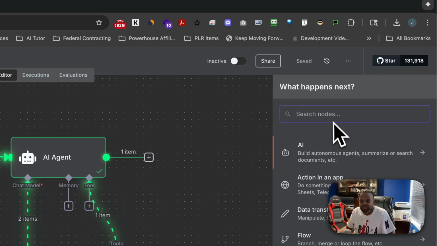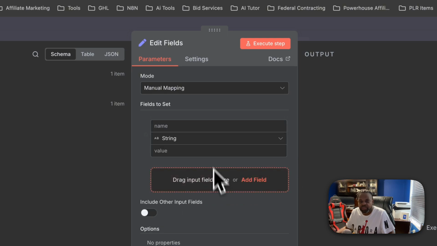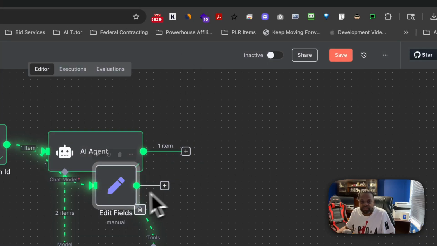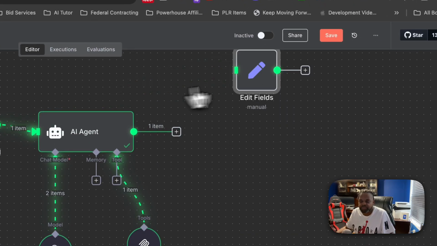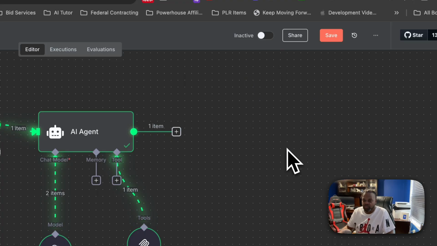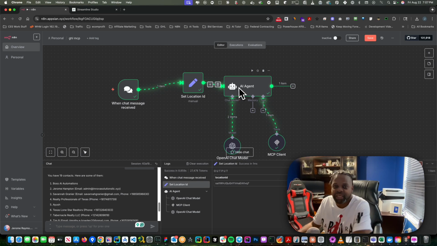In order to set that up, you would just type set, and then you would drag the set node out, and you could click add, and you add the location ID name here and a value here. But yeah, I'm gonna delete this. I don't know why I added it. Okay, next after that, we're gonna pass the location ID to the agent